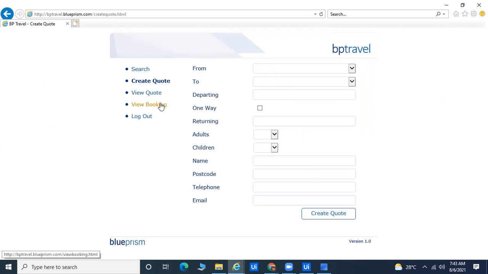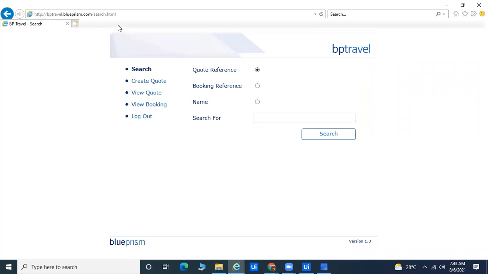Whenever you take the attached browser, automatically you can see your URL is going to change. It will capture your current URL for automating this application, and then it will try to automate. So my suggestion is, if you're getting any problem, you can take the attached browser and then it will work fine.